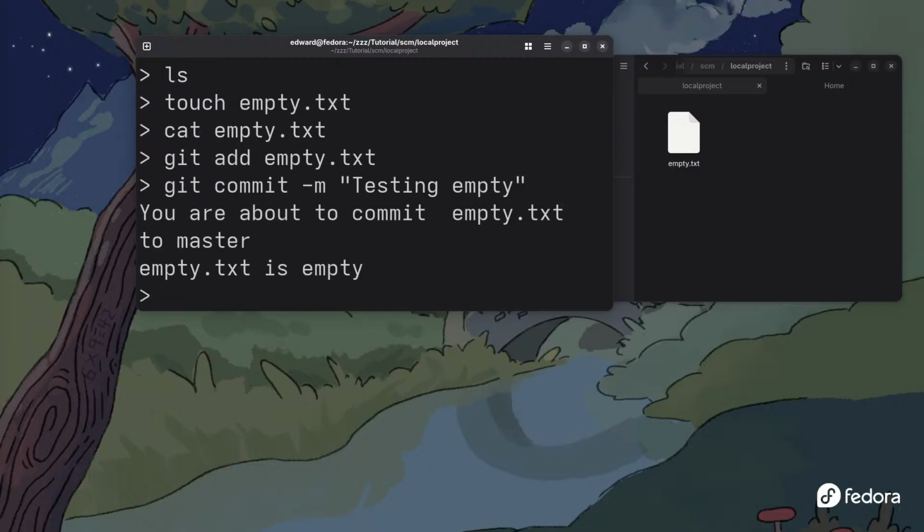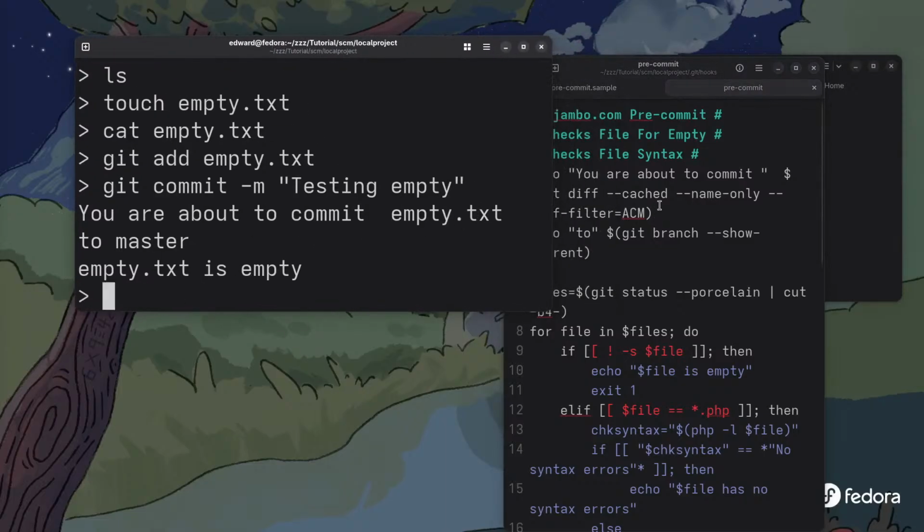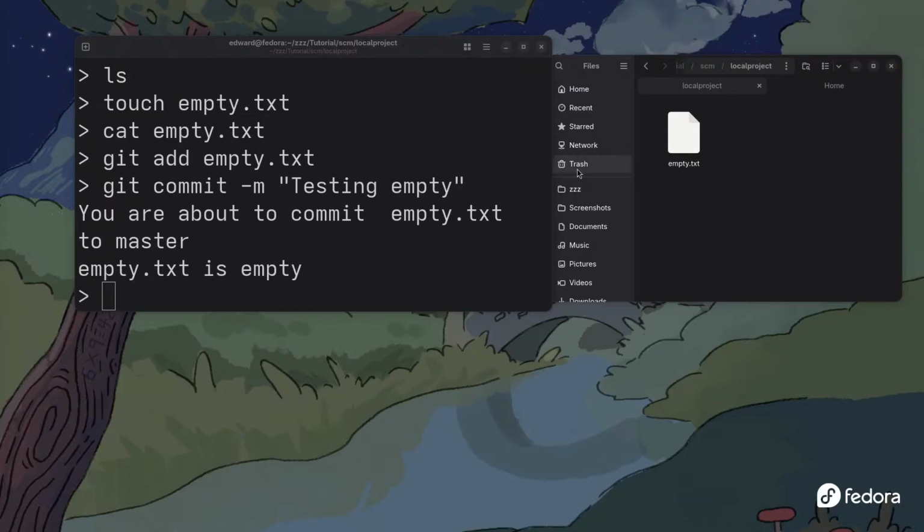You see, it did not commit the file because it says you're about to commit. Remember, that was from my first echo here. It says you're about to commit, and that's the name of the file. So the name of the file was empty.txt, and then the next one was to master, because that's the branch I'm on. And when it went through all the files, obviously there's only one file this time, and then it says echo, the file was empty, so it says empty.txt is empty, so our pre-commit hook is working